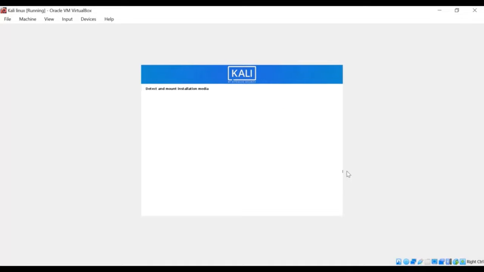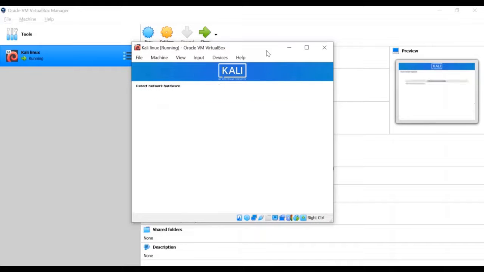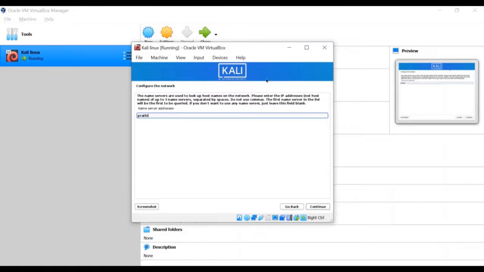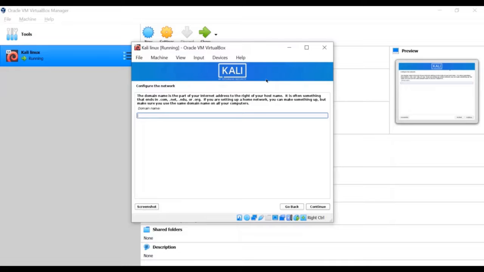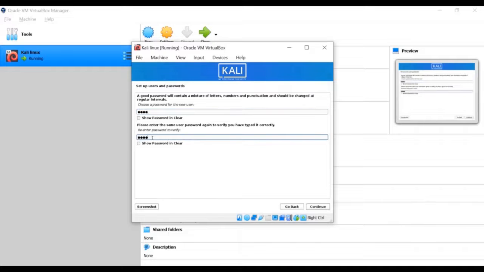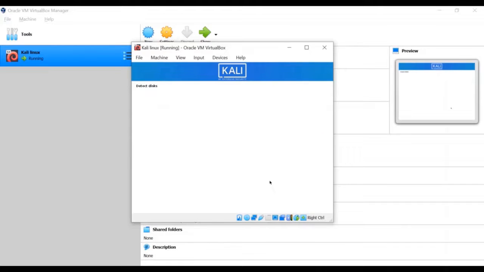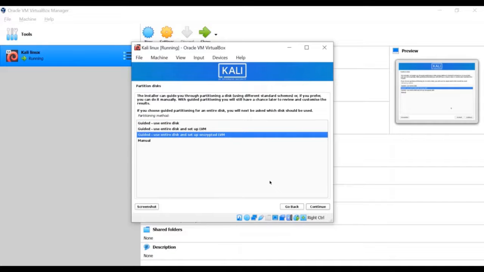and then it will come to detect and mount the installation. It will ask for the host name, the domain name, etc. I'm giving a certain name, and a password also. It's asking for the password, so we are done with that. Now we will go to partition disks. It will ask for the partitions of the disk. You can see it has four options: entire disk, set up LVM, manual, and encrypted